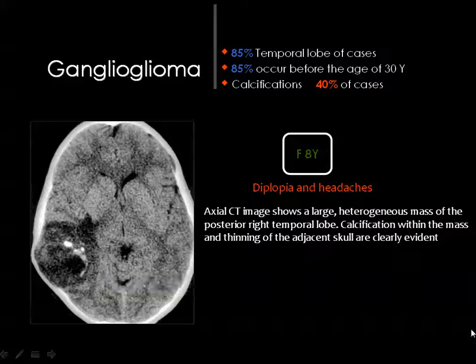And this calvarial remodeling can be seen easily by MRI, however also can be identified by CT. Whenever you see this appearance, you consider it as a congenital tumor. If the tumor does not contain calcium and it appears exactly like the CSF or an infarction, then you think of this embryoplastic tumor. But if the tumor is containing calcium and may show contrast enhancement, then you think of this